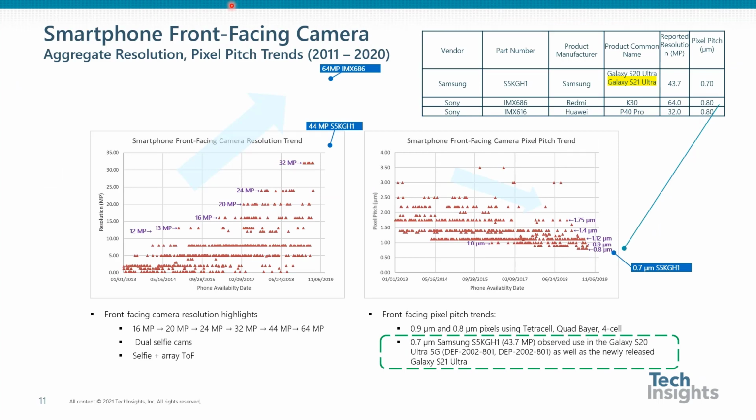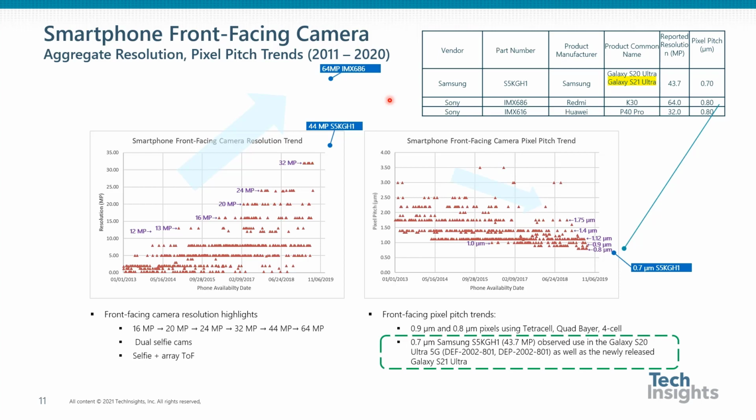The trend is the same for front-facing cameras. So here again, we show resolution on the left-hand side, pixel pitch on the right-hand side as a function of analysis date, and it is clear. So the resolution does increase with time, and recently we have seen in use